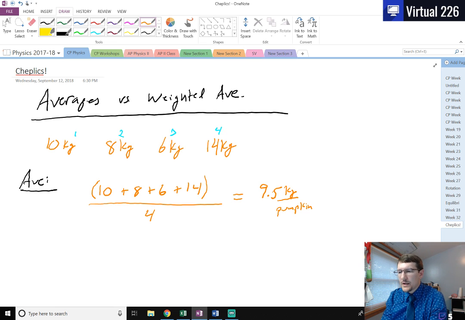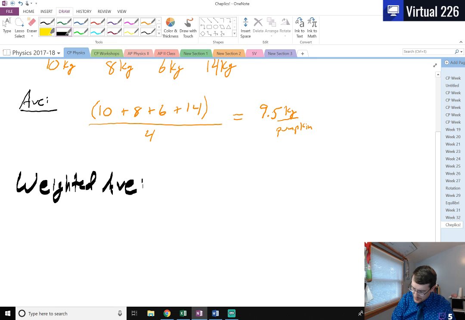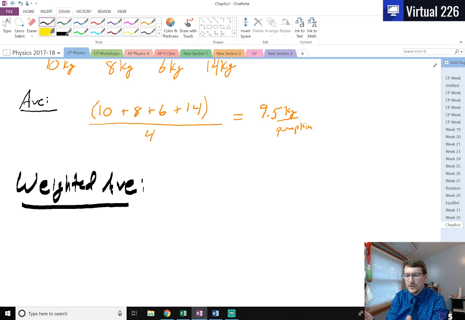When we do weighted averages, though, and hello to everybody in the channel, things get a little bit different. We'll use a calligraphy pen here. Weighted average. With weighted averages, we need to consider what proportion of the quantity exists. You'll see weighted averages a lot